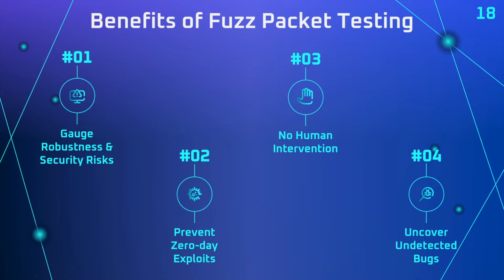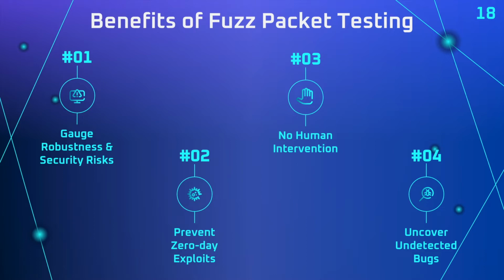Some of the main benefits of fuzz packet testing are that it helps provide a good overall picture of the quality of the target system and software. Using fuzzing, we can easily gauge the robustness and security risk posture of the system and software under test. Also, fuzzing is known to be a primary technique used by malicious hackers to find software vulnerabilities. So using this type of testing in our security programs would help prevent zero-day exploits from unknown bugs and weaknesses